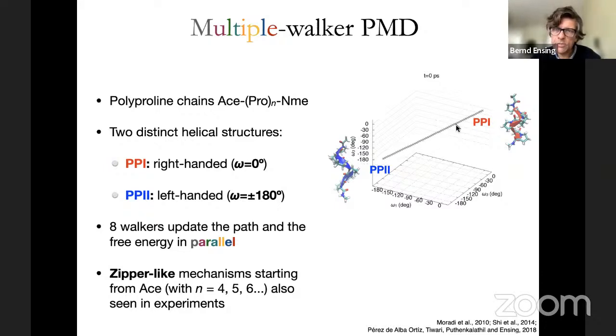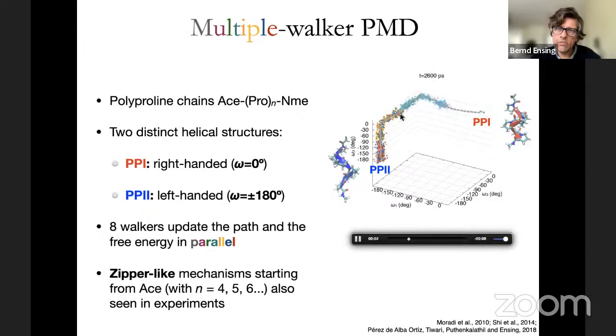And again, we start from a simple straight line as the guess path. And then when we start biasing, you see that the path quickly optimizes to a stepwise path, right? So it's not a concerted change. What you see is actually that it will first move along omega 1. So first we go in this direction, you know, one torsion angle rotates, then the next rotates, omega 3 in this case, and then we go down here, which is just omega 3 two times. This should be omega 2 then, I guess, and this is omega 3, we go down, and we arrive in